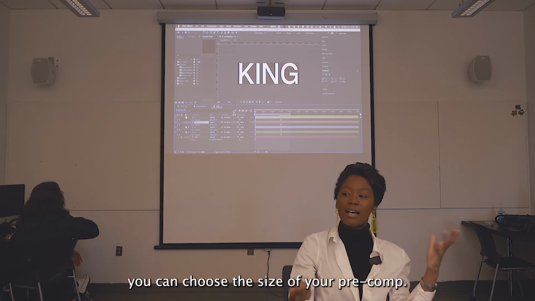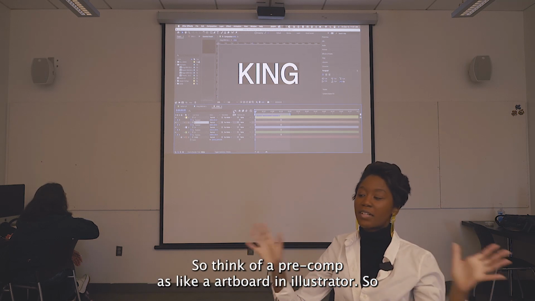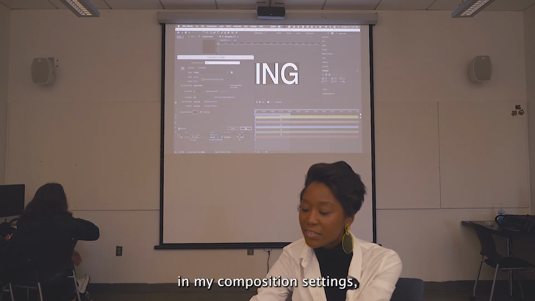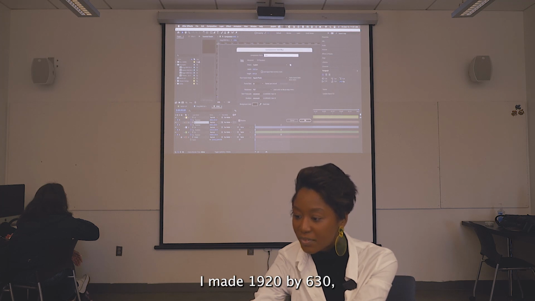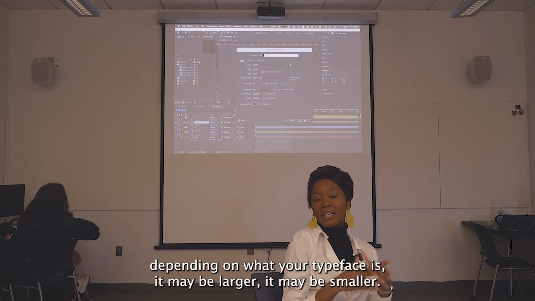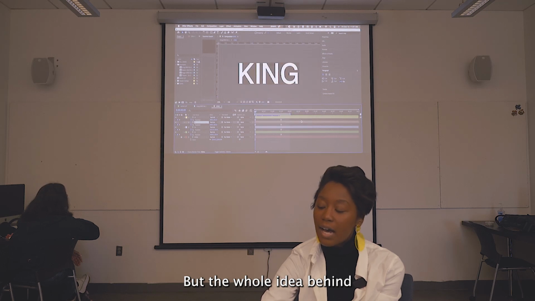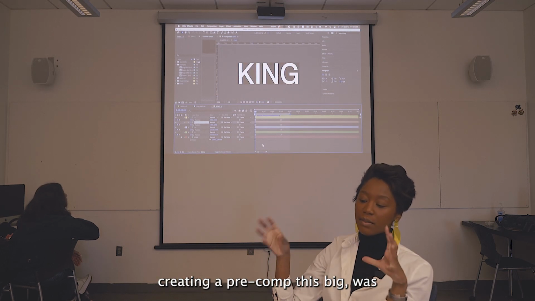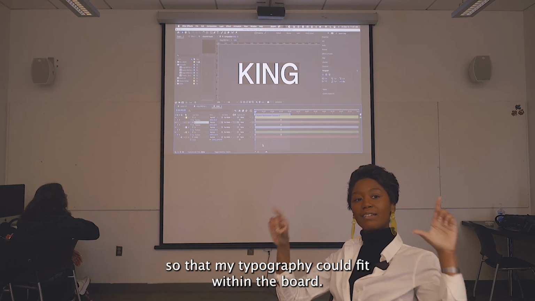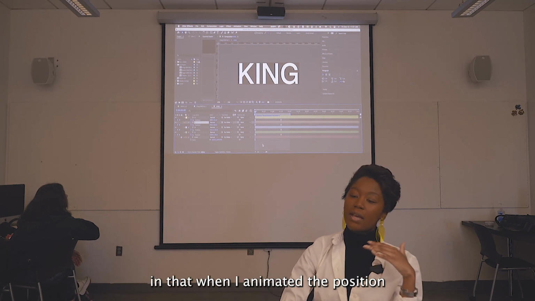How I created that is that you can choose the size of your pre-comp. Think of a pre-comp as an artboard in Illustrator. In my composition settings, I made my pre-comp 1920 by 630. Depending on what your typeface is, it may be larger, it may be smaller. But the whole idea behind making a pre-comp this big was so that my typography could fit within the board I created, and that when I animated the position,